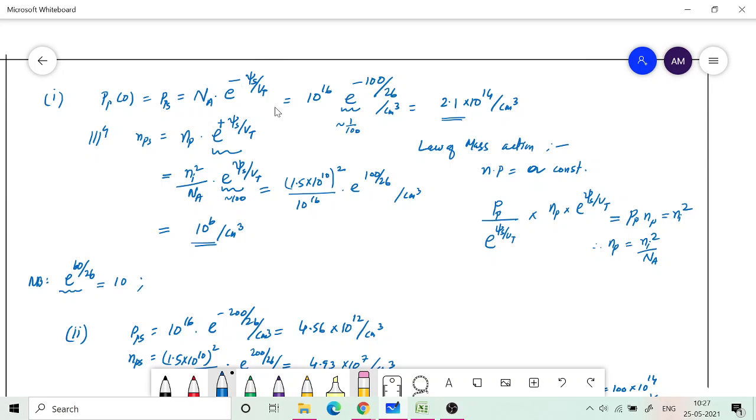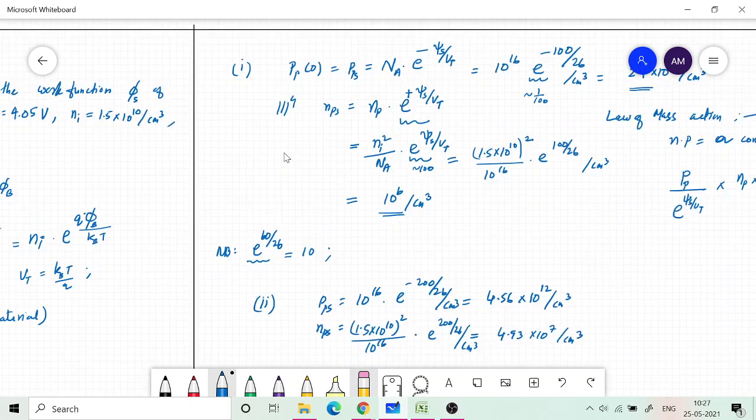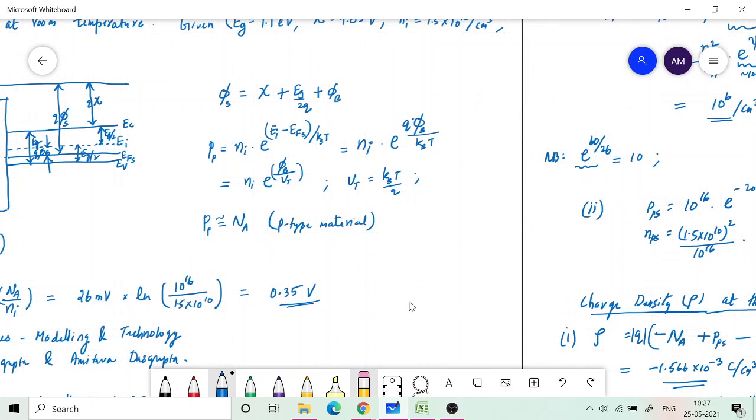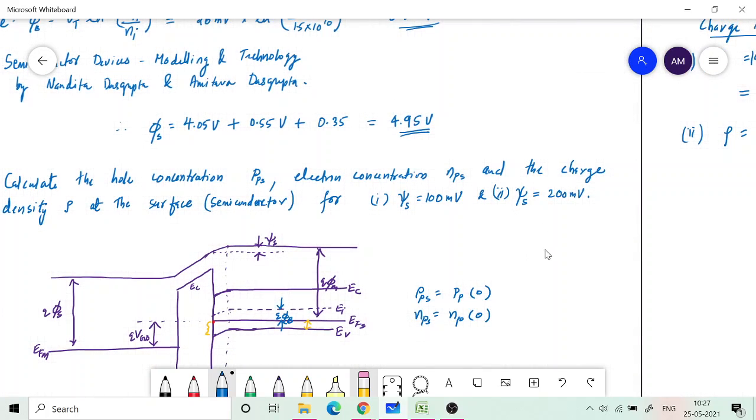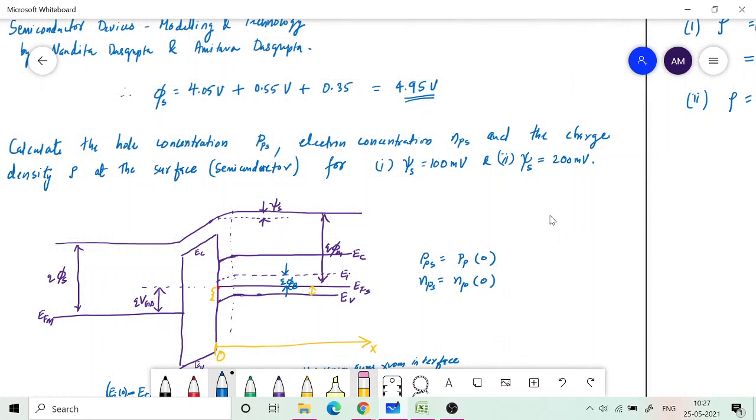So if I apply a negative voltage on the gate, then the picture is that the band bending on the metal side is going to go up, and here the bending of the band will be in the opposite direction. So it will go like this,